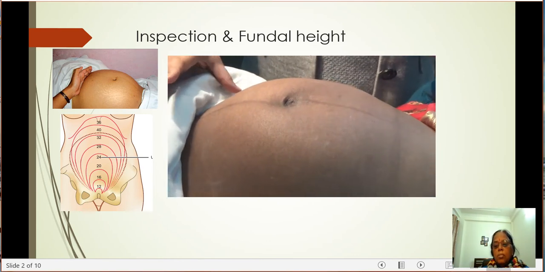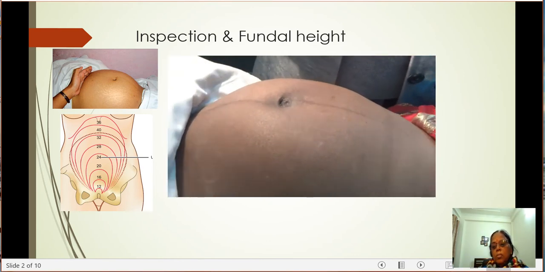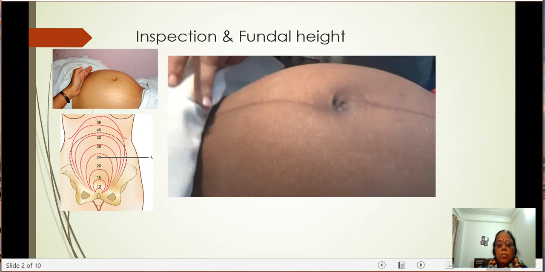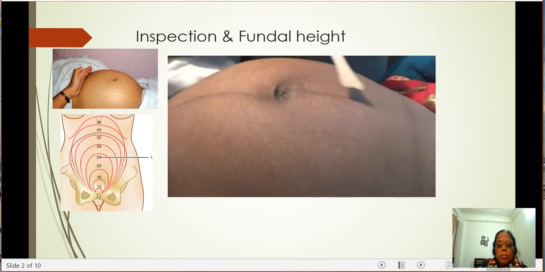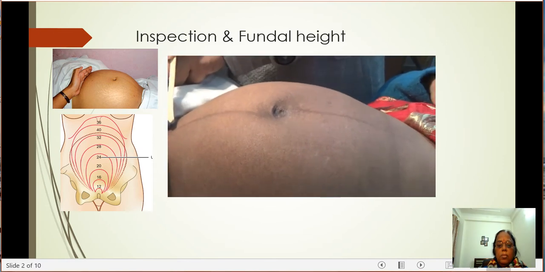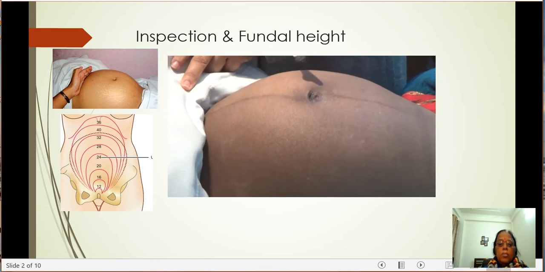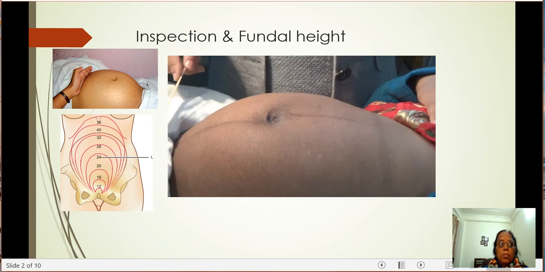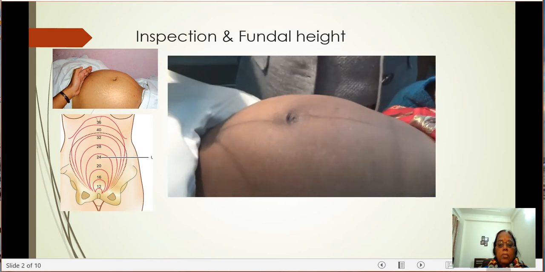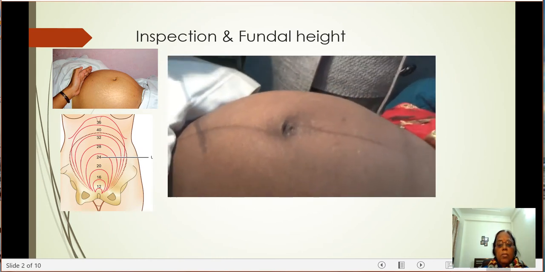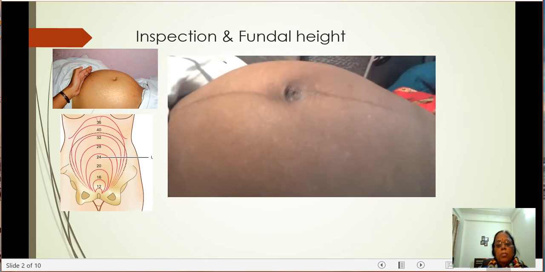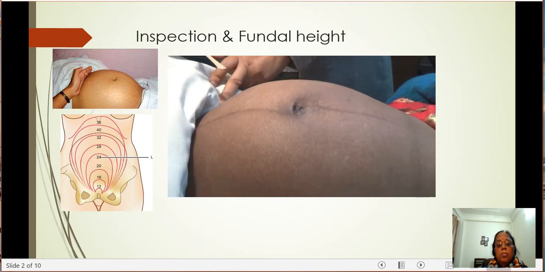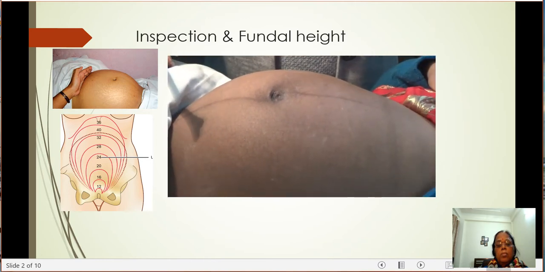We can also see a darkly pigmented line all over the abdomen, stretching from the ensiform cartilage till the pubic symphysis. Here we can appreciate this line. This is called the linea nigra. This is brownish black discoloration present in the midline of the abdomen, generally seen in pregnancy due to hormonal changes. Second, we can also appreciate striations on both sides of the abdomen. In this patient, we do not have good striations, but patients may have whitish striations on both the sides of the midline.